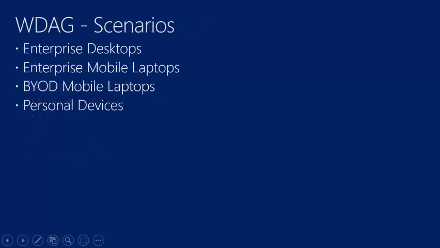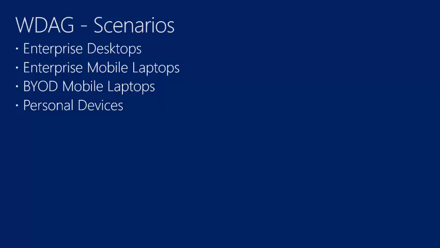So before we start to edge toward the fun stuff, let's talk about some scenarios. I mentioned that Application Guard was designed for physical machines. There's really 4 scenarios that we describe in our documentation where we envision this playing. The first is enterprise desktops. These would be systems that are domain joined, managed by your organization. Configuration management is primarily done through Endpoint Manager, either Config Manager or Intune. Typically, the employees will have standard user privileges on these devices and likely will be in a high-speed wired corporate